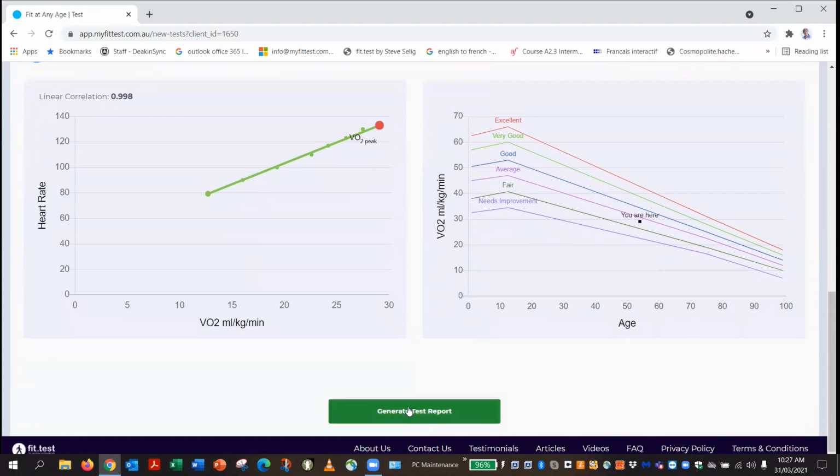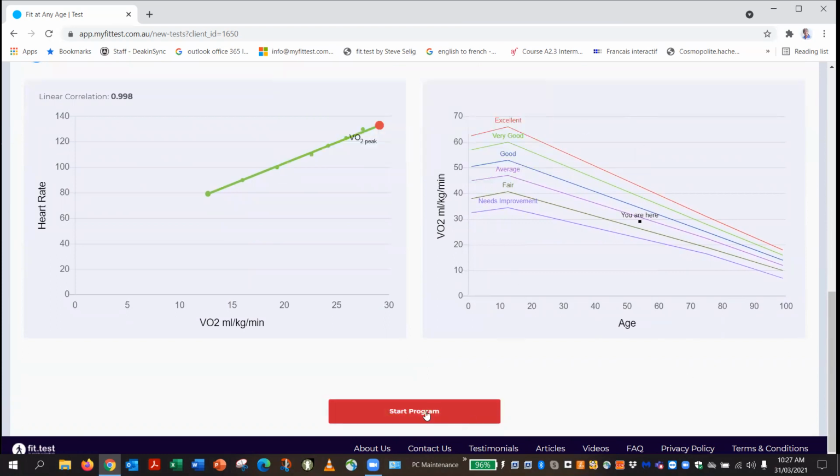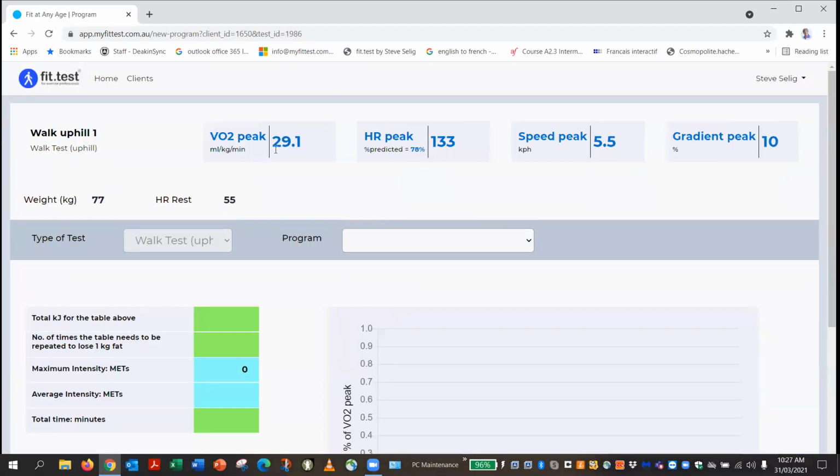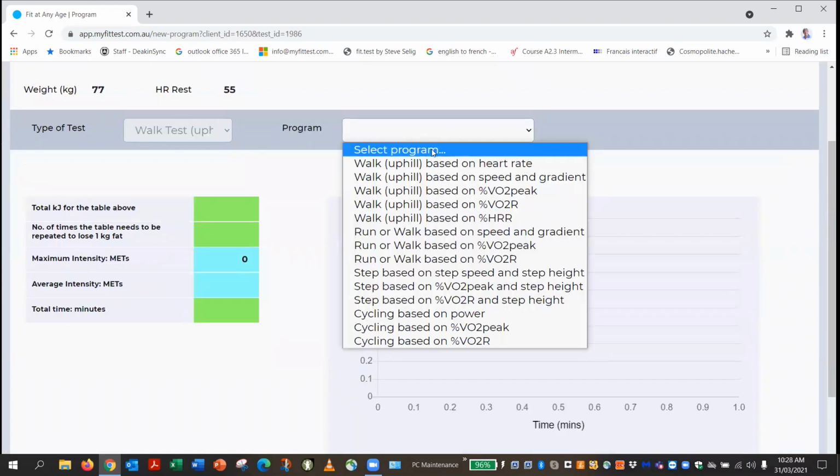So let's just save that test report now. Close that, and you can start a program. We'll go and look at the reports later. And what we can do now is do a program where you've got a lot of options for programming, and this is based on that person's exercise test,